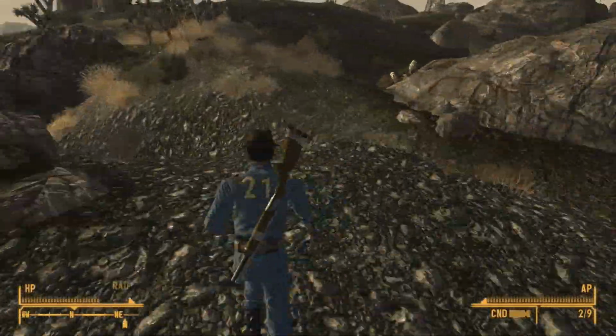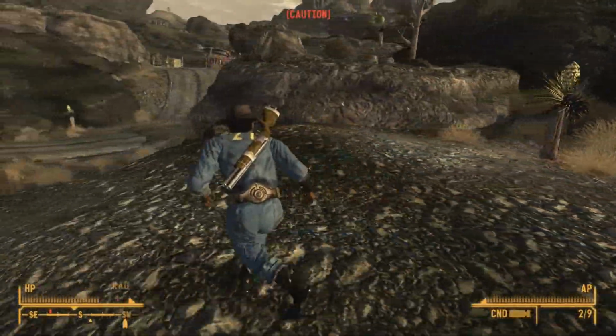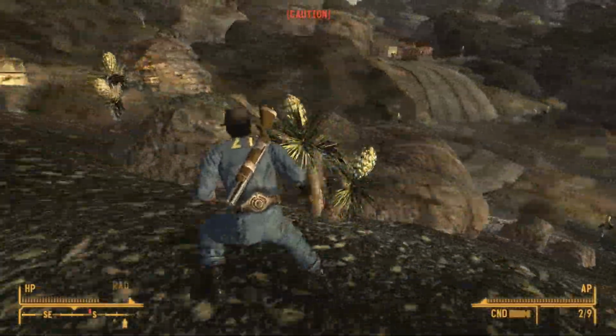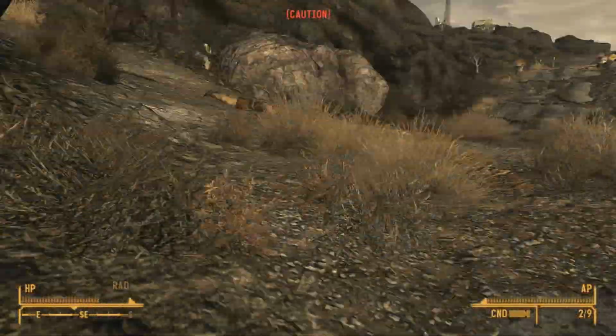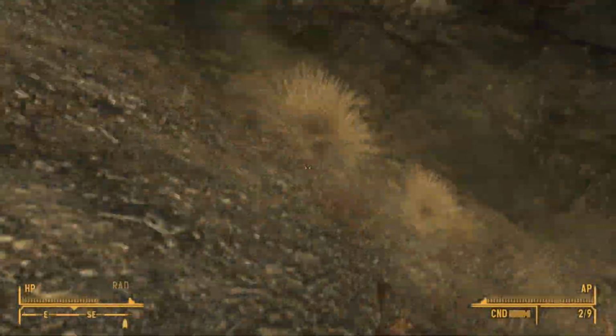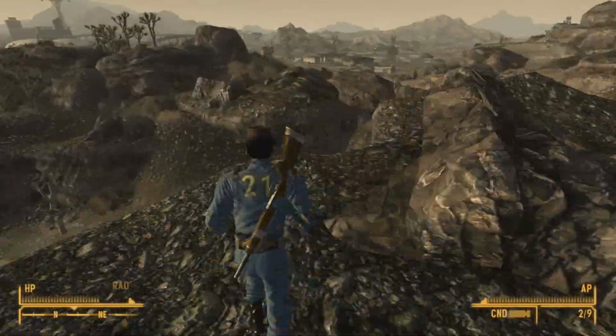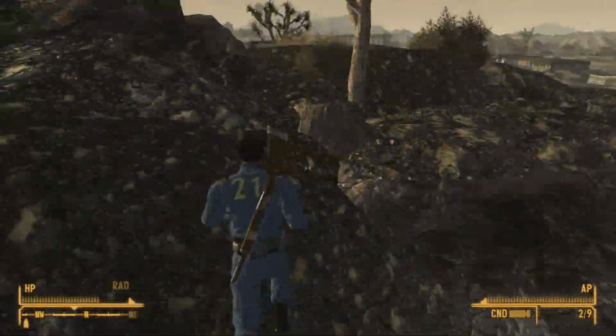and then there's a little pathway that you jump over as you see I did, and down here you've got to be careful about the super mutants there, and there's an NCR uniform you can grab, which I do. I was just disarming the traps for experience, and then from here I'm going to cut through to that little Repconn place with the robots,